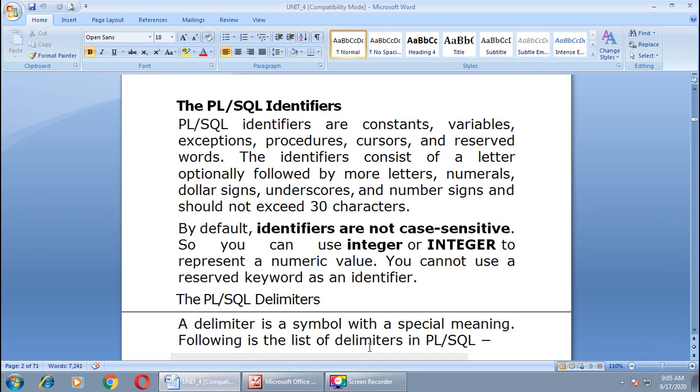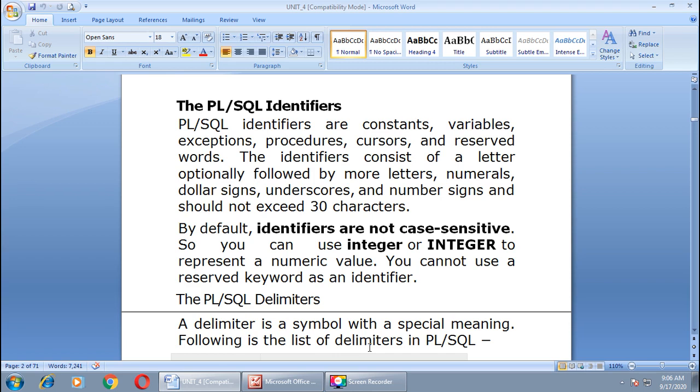Let us see what is the meaning of identifiers. PL/SQL identifiers are constants, variables, exceptions, procedures, cursors, and reserved words. An identifier consists of a letter optionally followed by more letters, numerals, dollar sign, underscore, and number signs, and should not exceed 30 characters, right?